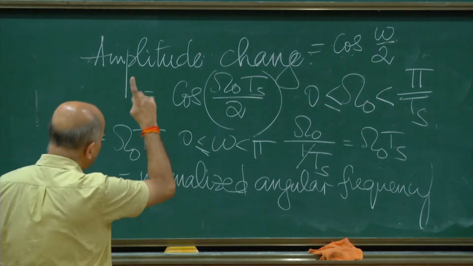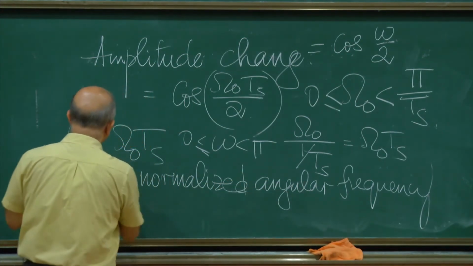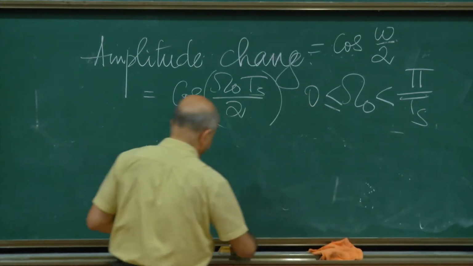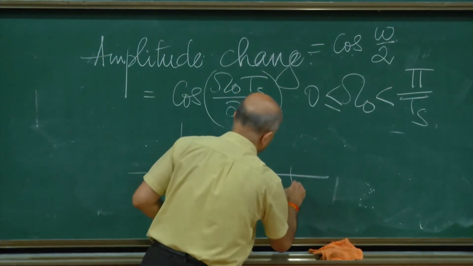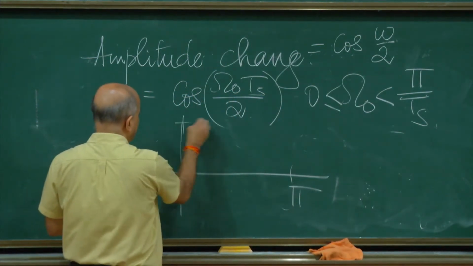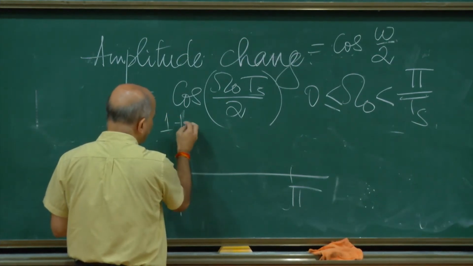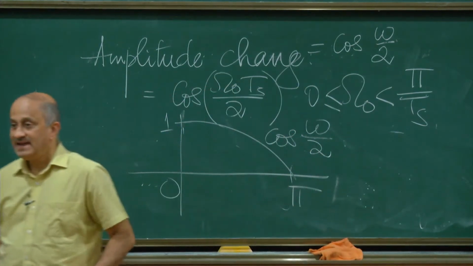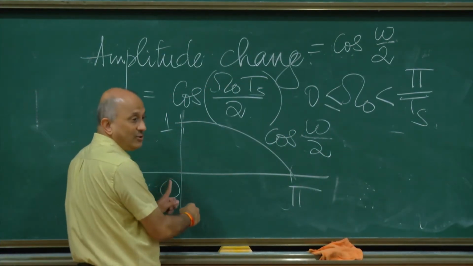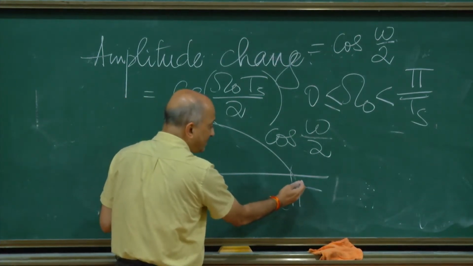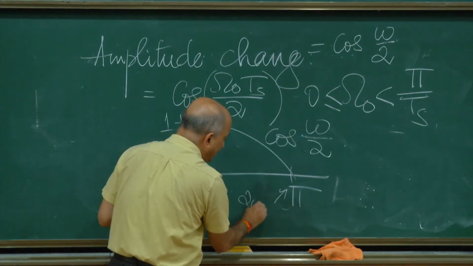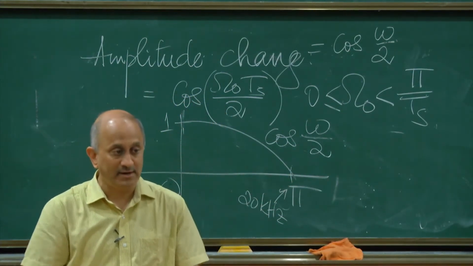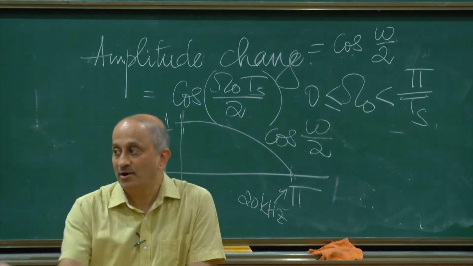Let us sketch this cos(omega/2) as a function of omega between 0 and pi. How does it look? So it takes the value 1 at 0 and comes down. This is cos(omega/2). This is how the amplitude changes. Now what is the physical interpretation? This is 0 hertz and this is, what is pi? Pi corresponds to 20 kilohertz, isn't it? If you are taking audio as an example, pi corresponds to 20 kilohertz. And of course 0 corresponds to 0.